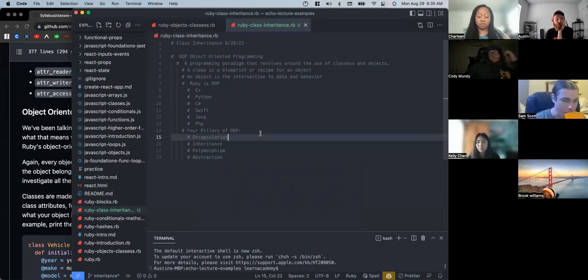OOP is such a useful way of thinking about the world. You can actually use it to describe a lot of your interactions in daily life. And you've probably heard me use these terms of encapsulation and abstraction and even inheritance multiple times throughout the cohort, just in plain language. Encapsulation is setting out with a goal that parts of your code need to be private from or scoped outside of other parts of your code. So that's like removing access